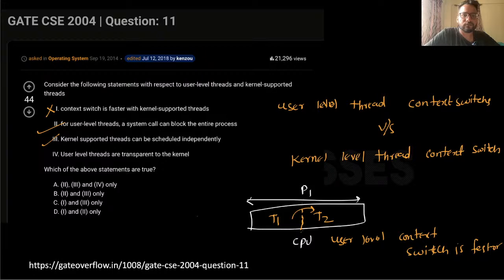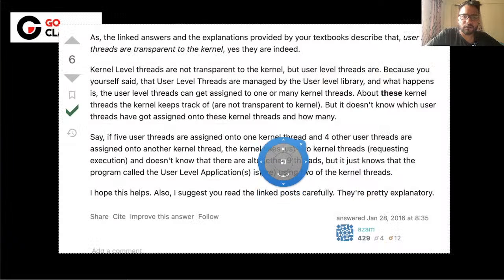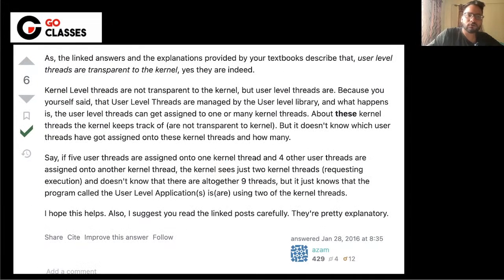Transparent. So by the way, what does this transparent mean? I think transparent means that the kernel is not aware of the user level thread, right? So let me put up a post that is available on Stack Overflow. Let's see. I've copied that from Stack Overflow. They are saying that kernel level threads are not transparent to the kernel, but the user level threads are transparent,